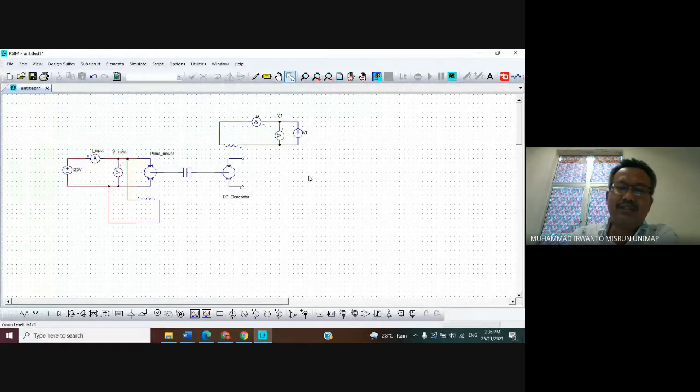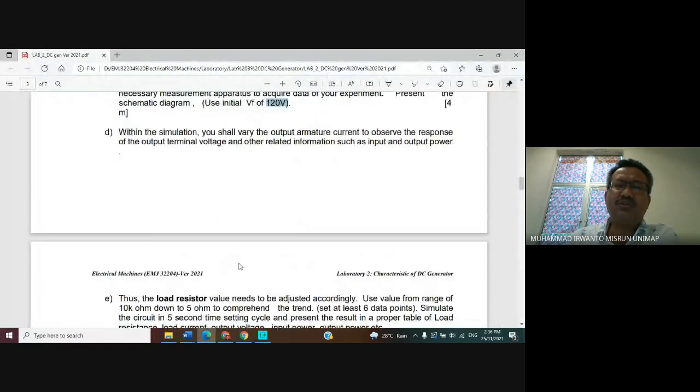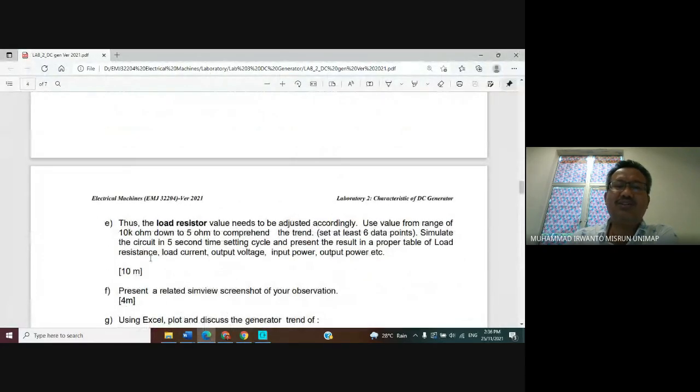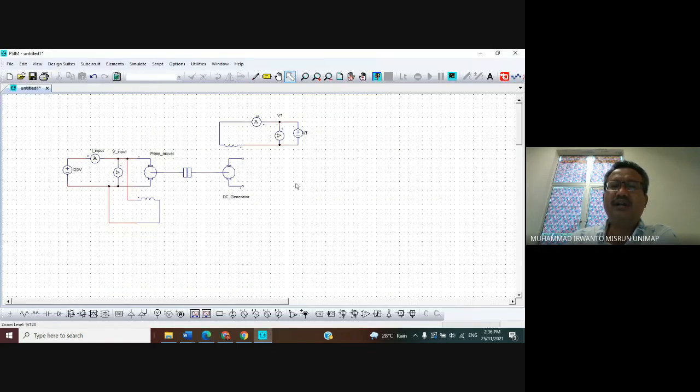Okay, and then following this, we want to change the value of the resistance connected to the terminal voltage of the DC generator. This means we need the resistance load connected to the terminal of the DC generator. The resistance can be obtained by clicking the menu bar resistor below, click.